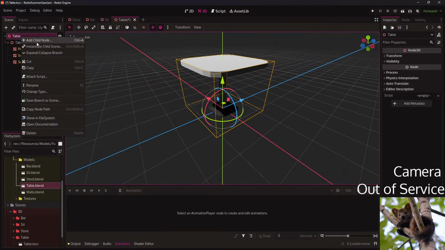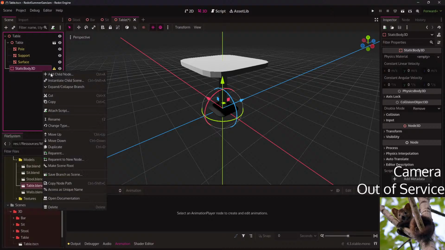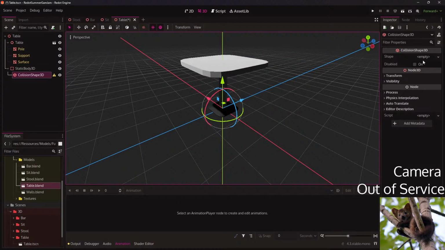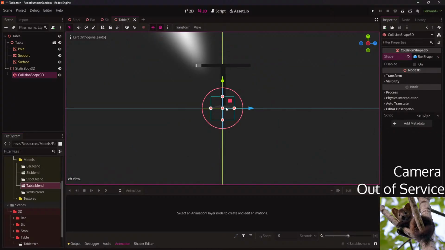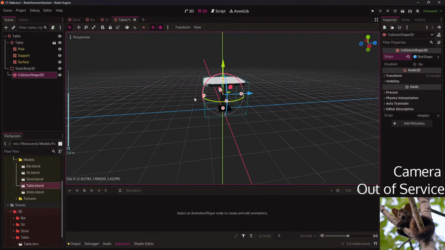Anyway, not ready to paint. I think we're good.